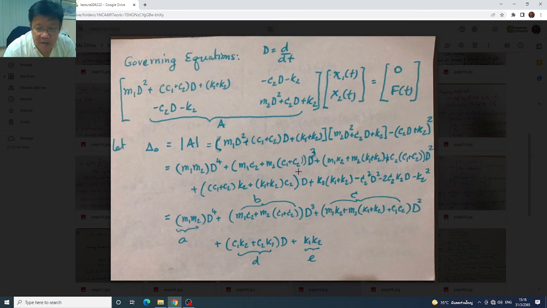So you get this D squared, D2, and all of this times these, and then the zero order here. You also need to expand this term of a squared and rearrange the term. This means like this one, minus c squared times d squared. You need to use this to put it in the term d squared here, and also minus 2 times c sub 2 k sub times k sub 2d. You need to move this to